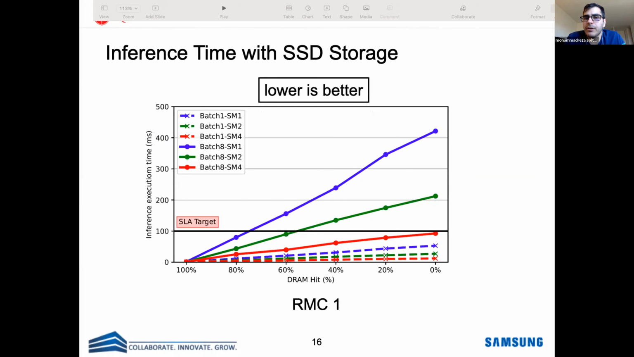We also explored the scenario where the data is in the SSD. For this case, the x-axis shows the hit rate, or basically what percentage of the accesses hit in the FPGA DRAM. And the horizontal line shows the target latency set for this particular system. As you can see, when there is enough data locality, when the cache hit rate is high, even for larger batch sizes, we can perform within the target latency. However, when the cache hit rate is low, then the execution times on this smart SSD slightly exceed the target